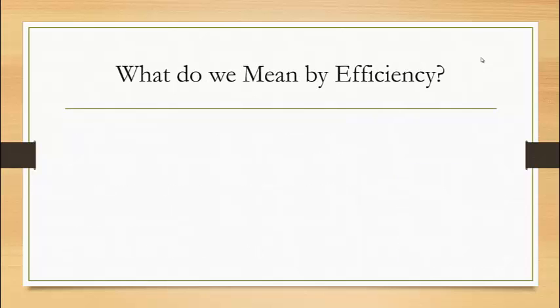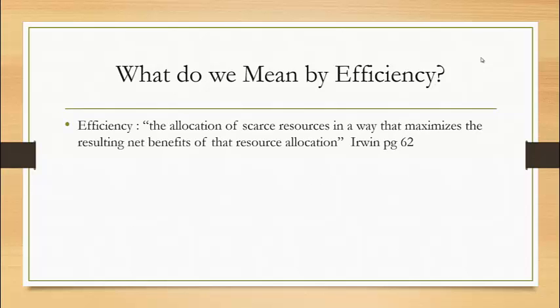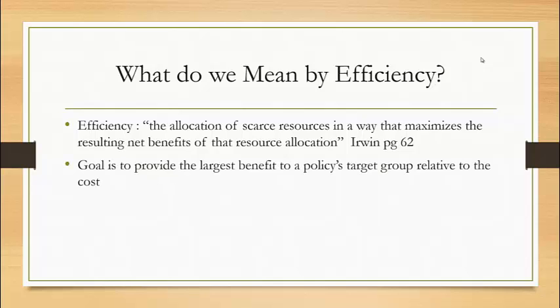So what do we mean by efficiency in an academic sense? So efficiency is the allocation of scarce resources in a way that maximizes the resulting net benefits of that resource allocation. And so what does that really mean if you break it down? Well, the goal is to provide the largest benefit to a policy's target group relative to the cost. Okay, so it just means that if you're going to write out an equation, the benefits would be eating the costs. That was a really odd way to say that, but